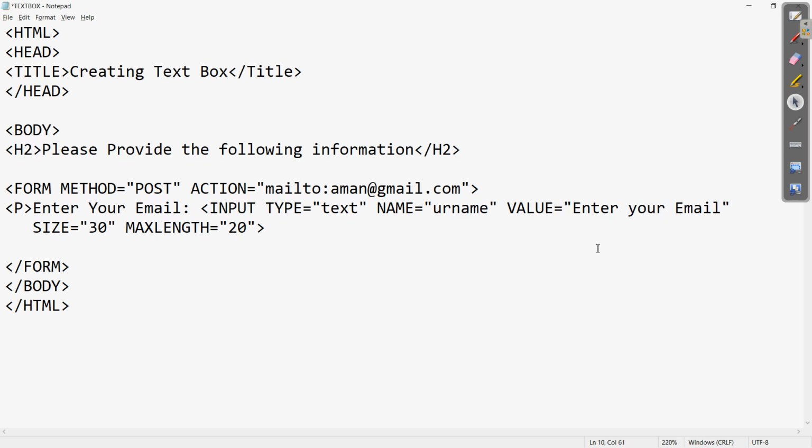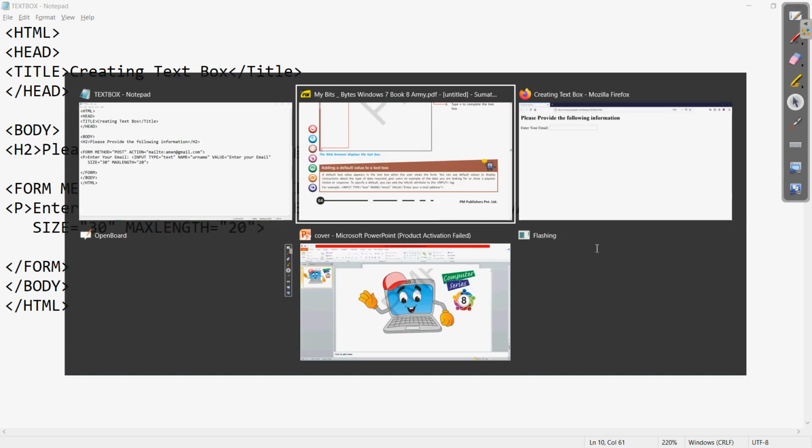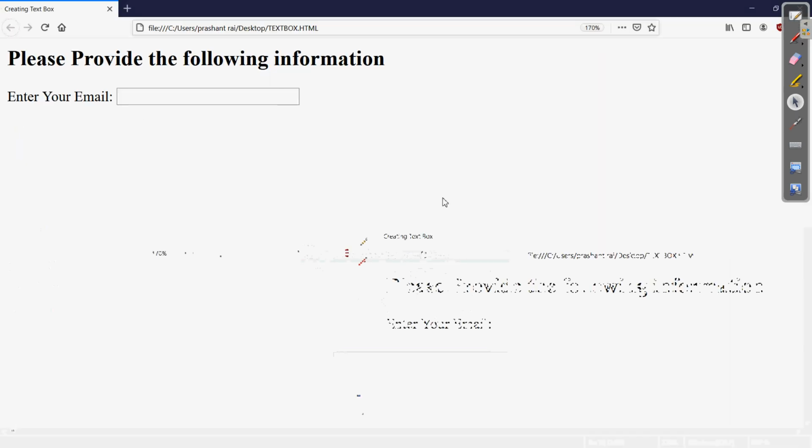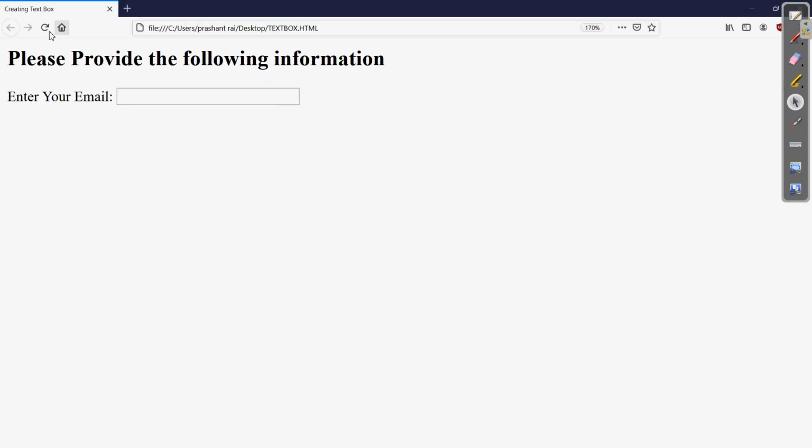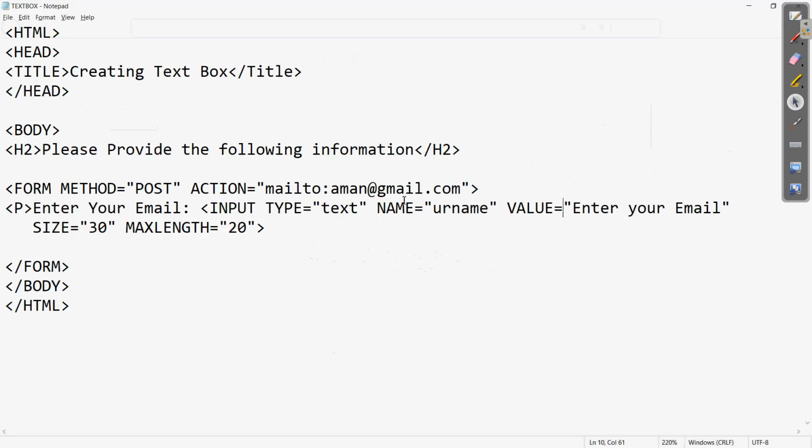Now save it once again, come to the web page and run the program. Here again it is not coming, maybe something is missing. Input type, that is text, then name, then value.